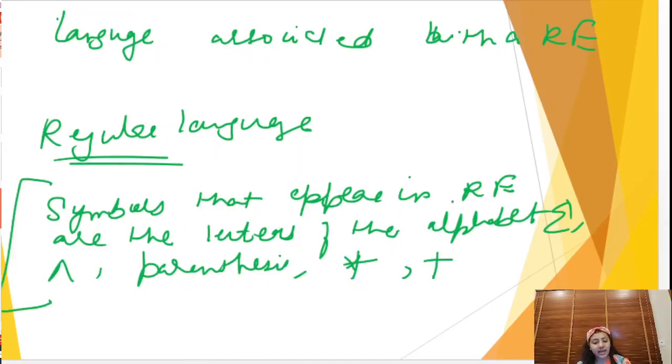They can be the letters of the alphabet, we have seen that. There can be lambda also in a regular expression, that is also valid. There can be parenthesis also, this is also valid. There can be star and there can be plus. So besides these symbols, there will be nothing that will be part of my regular expression. So regular expressions are also defined by certain rules which says,